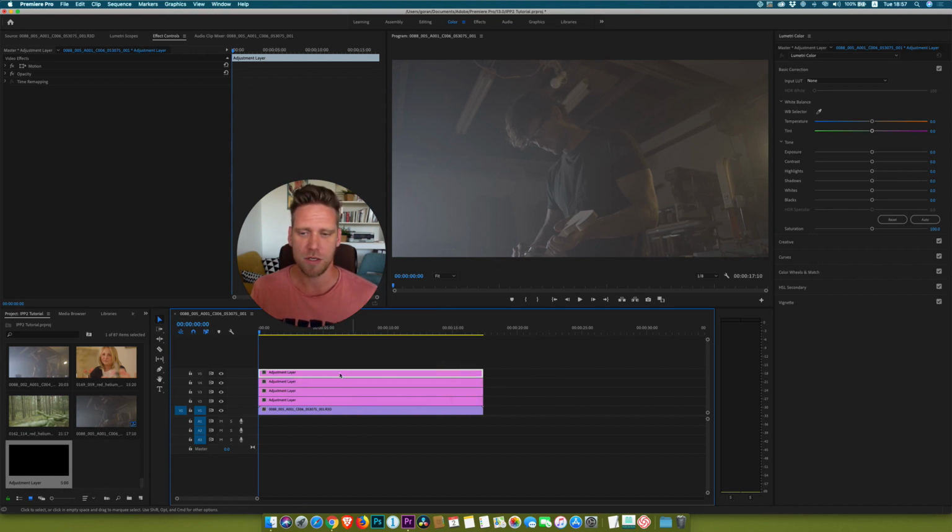So whatever we do on this top adjustment layer will be taking place last in our color grading pipeline, and whatever we do on this adjustment layer will be applied first, and so forth. So the very first thing we want to do, because it will help us color grade our footage and see it correctly, is select the fourth adjustment layer, and then we will go to the basic correction tab, go to